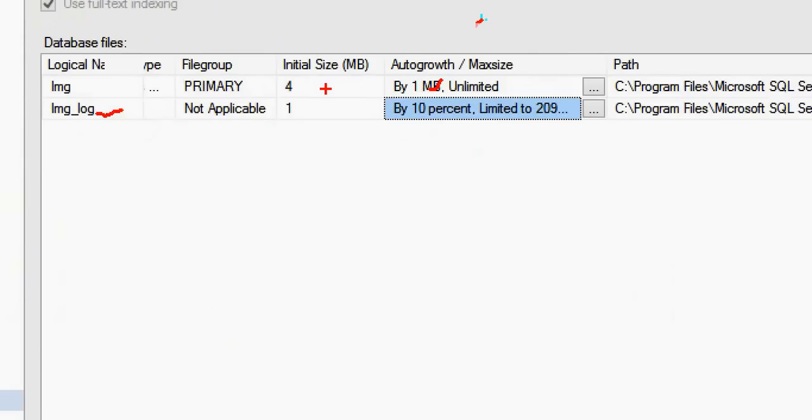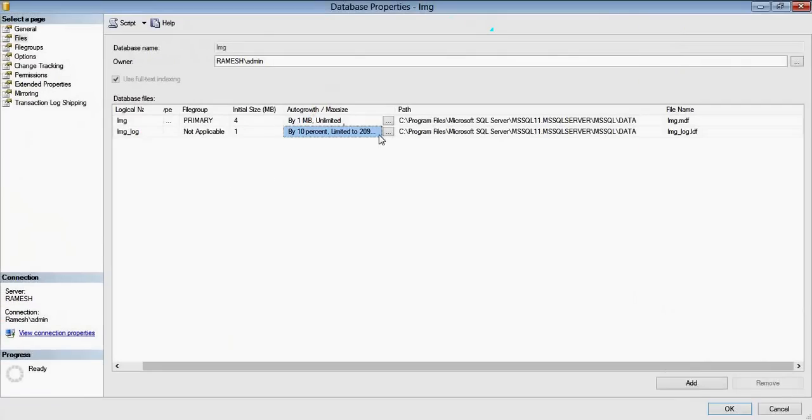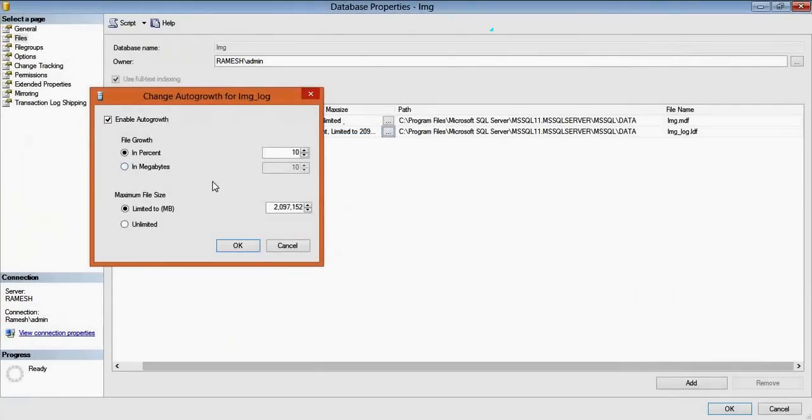Think my LDF file size is 100 GB. Then the percentage of growth will be 10% of 100 GB, meaning 10 GB will be the auto growth size of my LDF file, and which is limited. But never keep it as limited, just keep it as unlimited.